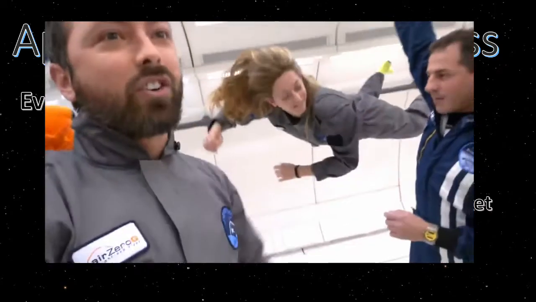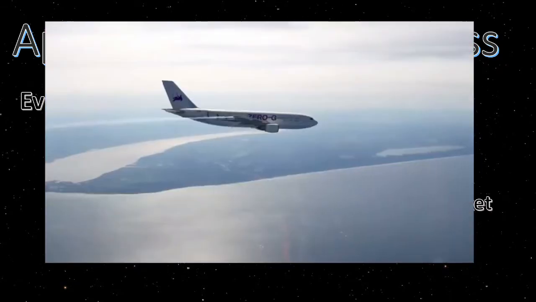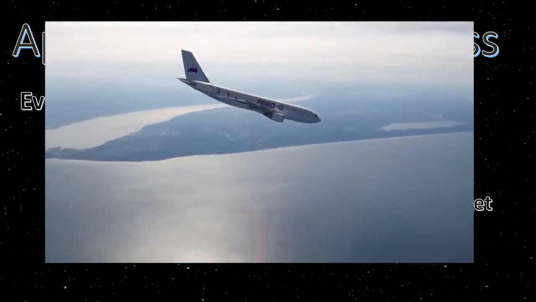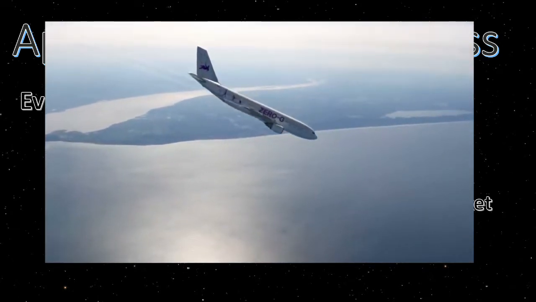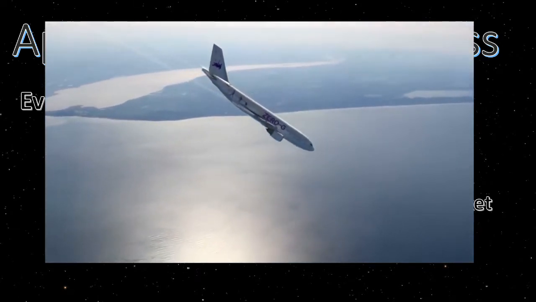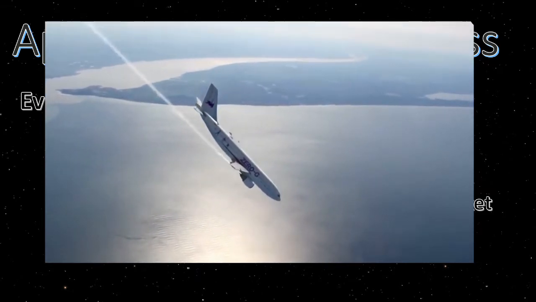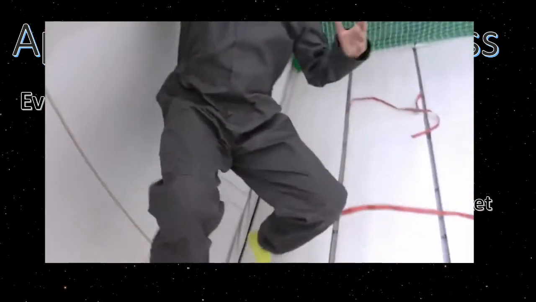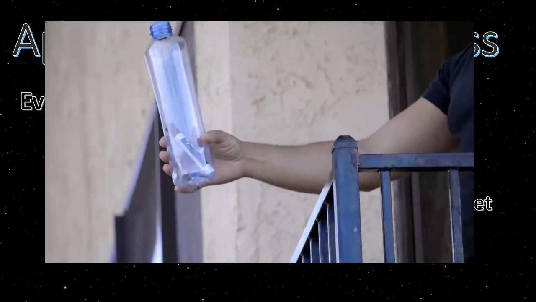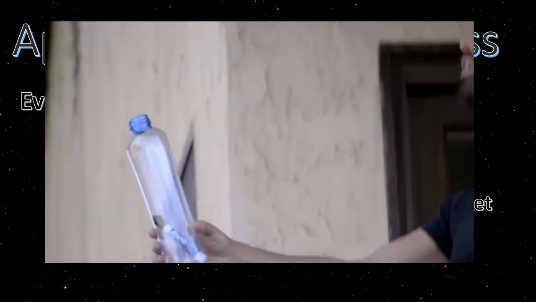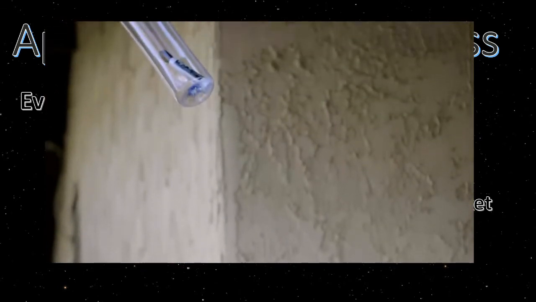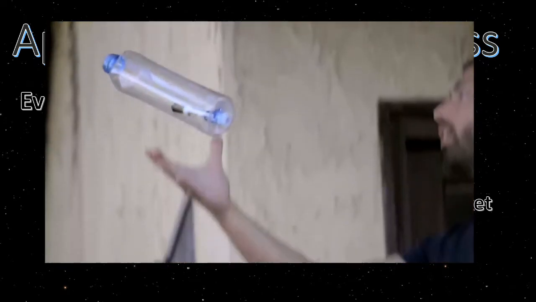This is totally strange. The whole time, the plane is accelerating toward Earth with the same acceleration as a free-falling object in a vacuum. The pilots have to very skillfully adjust the thrust to perfectly balance air resistance and maintain exactly this acceleration. Oh my goodness. How do you feel? It's incredible. So it's like throwing this bottle into the air. The pen inside experiences weightlessness from the time it leaves my hand until it comes into contact again.